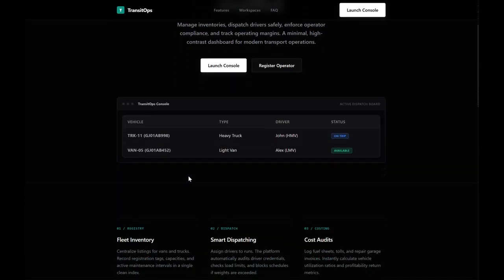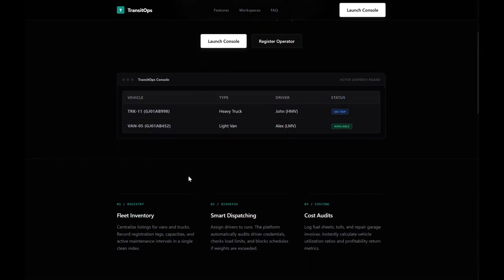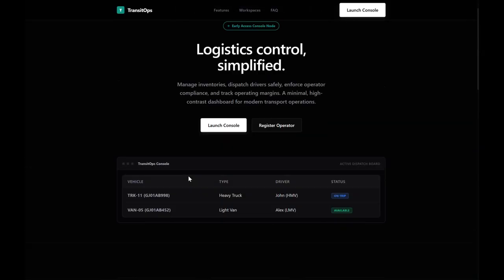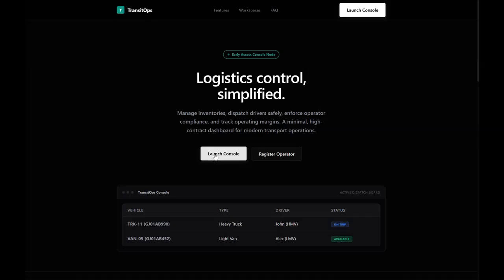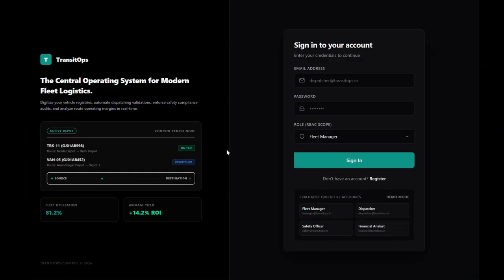real-time operational visibility. Our solution addresses these challenges by providing a centralized role-based platform that manages the complete transport life cycle from vehicle registration to driver management to trip dispatching and maintenance tracking, fuel expenses management and business analytics. The platform supports multiple stakeholders including fleet managers, dispatchers, safety operators, and financial analysts. Each user is provided with role-based access, ensuring that they can securely access only the features relevant to their